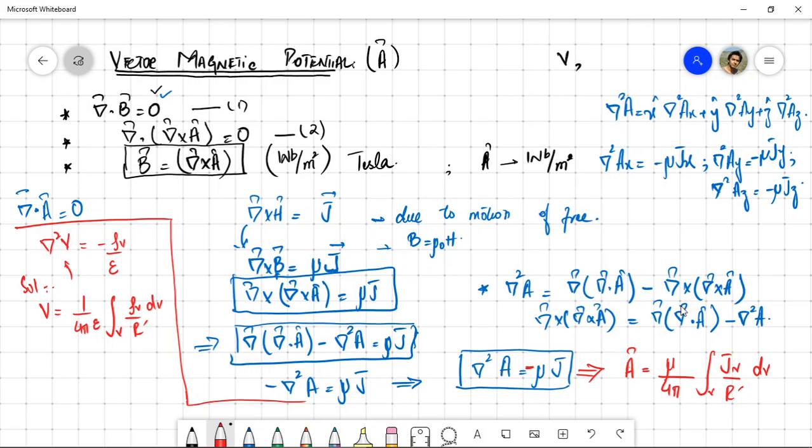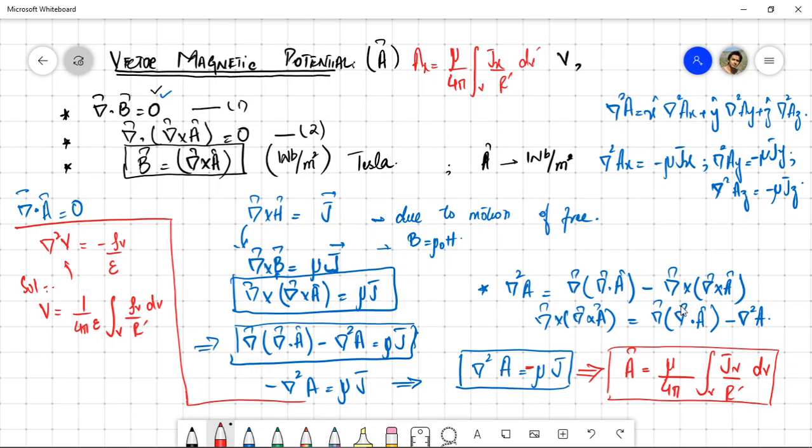So if we compare these two equations, this will give us the value of vector magnetic potential. If we want to mention this in the form of x, y, and z components, we can say that Ax is going to be μ over 4π and then the volumetric integral of Jx dV dash